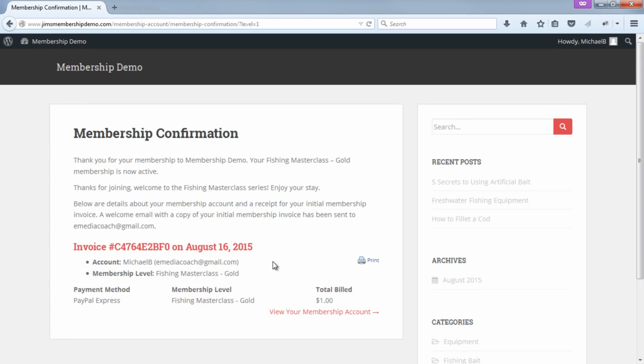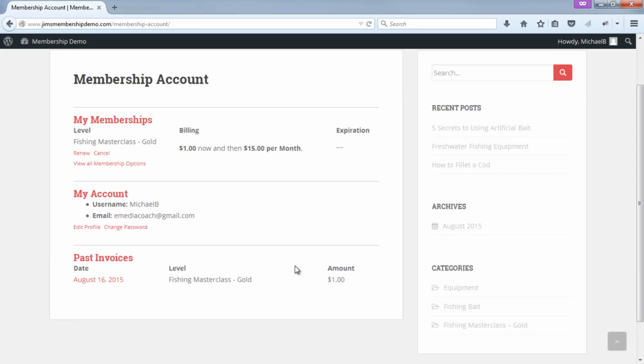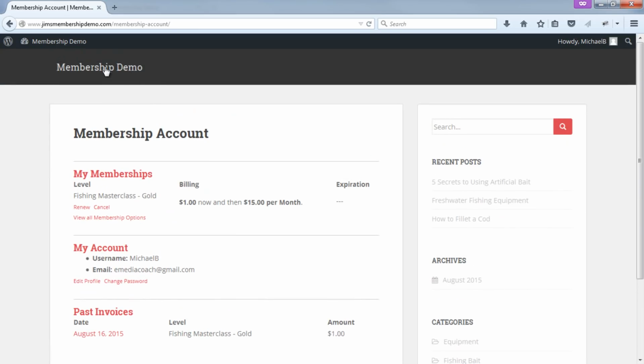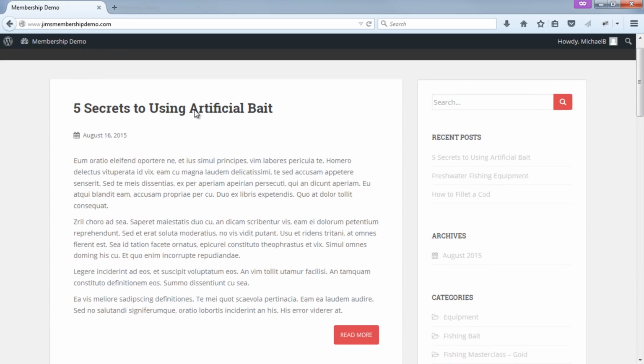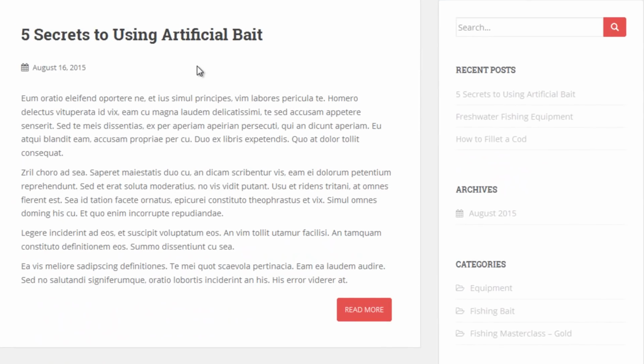And furthermore, they will receive an email in their email inbox with their member details. So then what I would do as a user or a new member, I would probably view my membership account, view all of my details. And now if I go back and access the home page, you'll see that this post that was previously locked down, I can now access. So this post could have been anything. It could have been a podcast, it could have been a video, anything that's restricted or locked for access, they can now access as a paid member. So there you go, there is a live transaction.